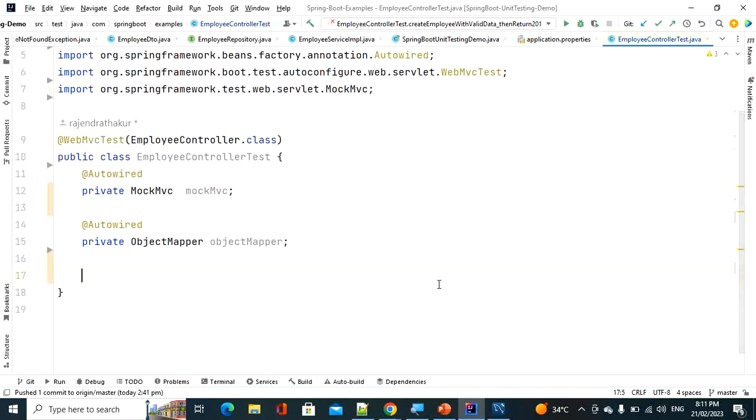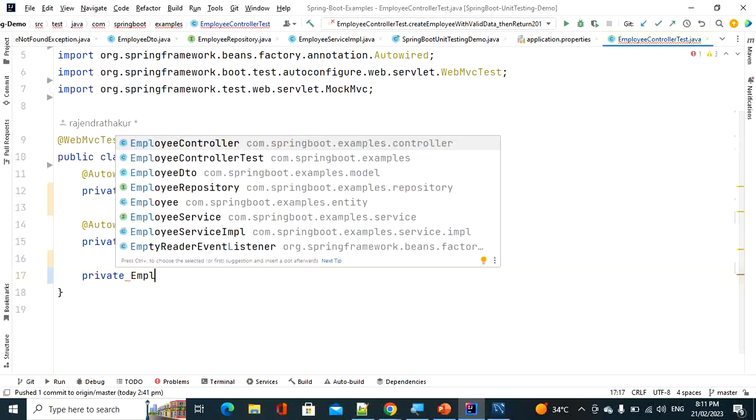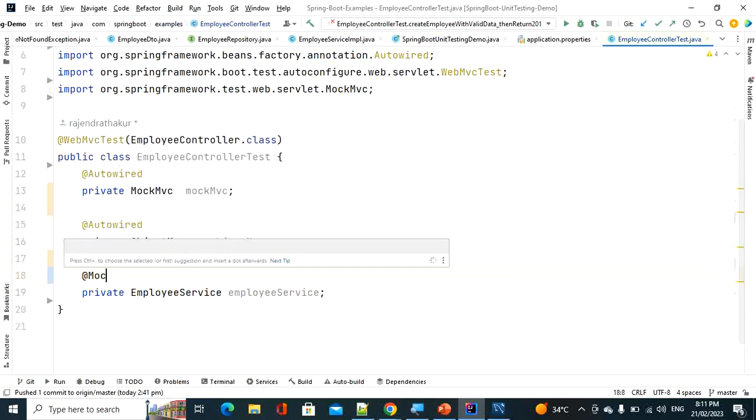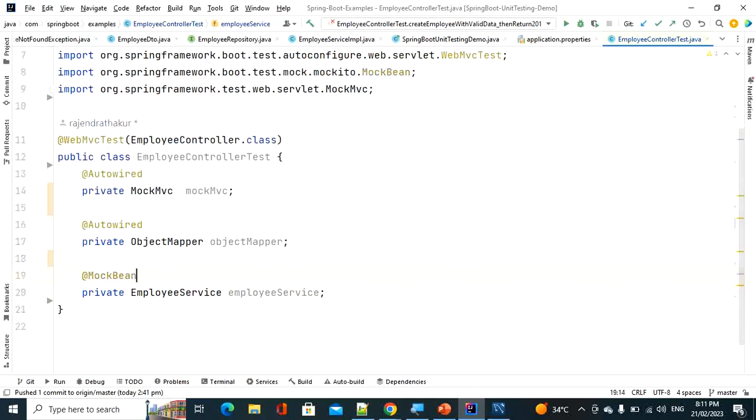We need to mock the next subsequent layer, that is the service layer. For that, what we need to do, employee service. So EmployeeService is this one, okay. This one we need to mock with the help of MockBean. So here one more important point is, as I said, @WebMvcTest